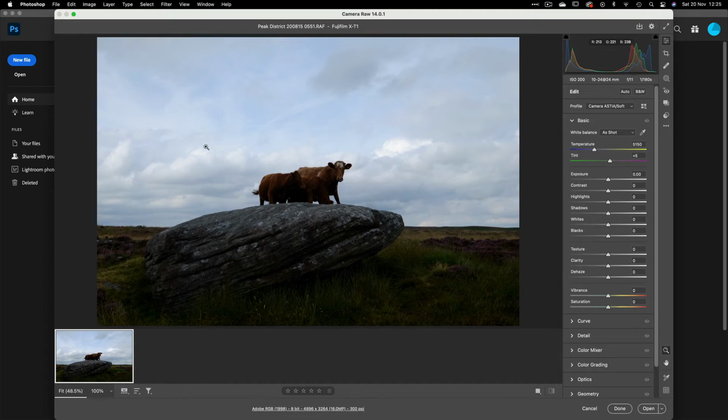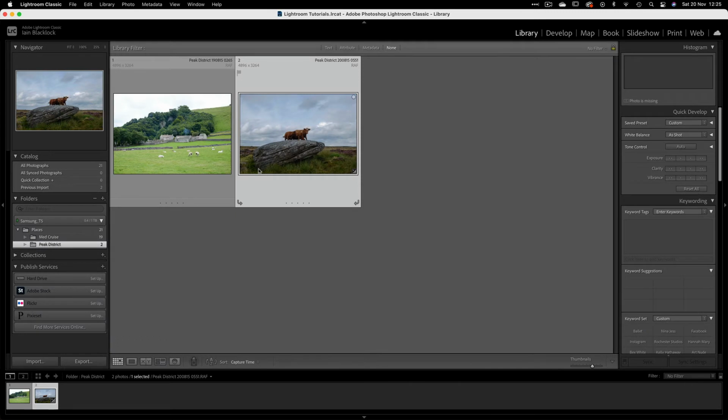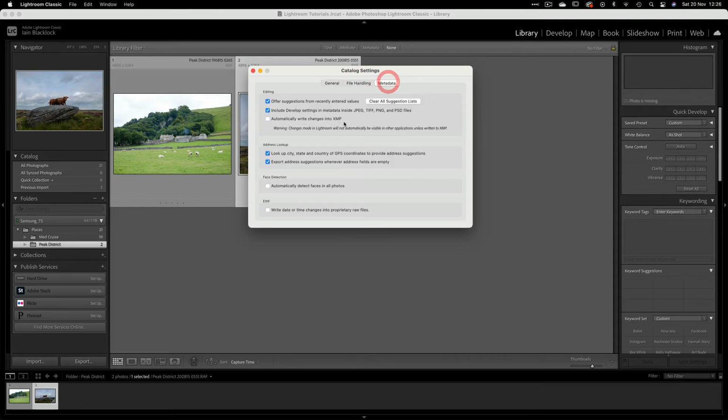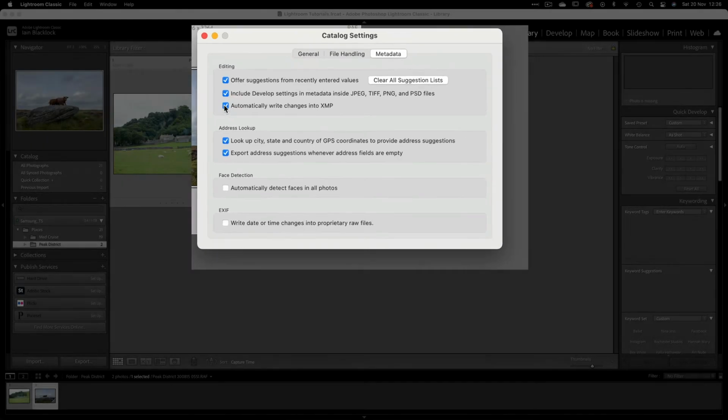There is a slight caveat to this, and I'm just going to close this down and show you back in Lightroom what that is. Just swap back to my grid view. Do you remember we spoke about catalogue settings? There were some other options in here that we would look at a little bit further down the road. One of them is under the metadata option, and it's this one here, automatically write changes to XMP. If we select that one now and close that down,